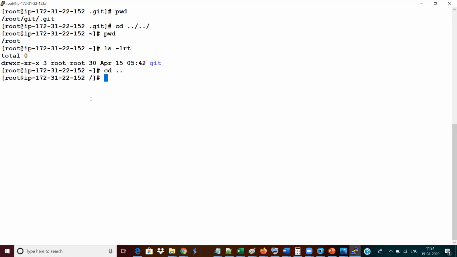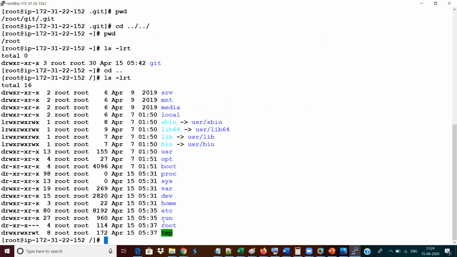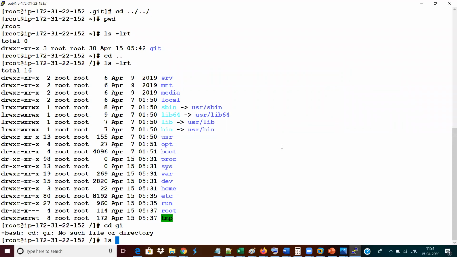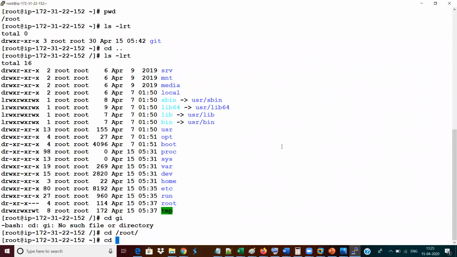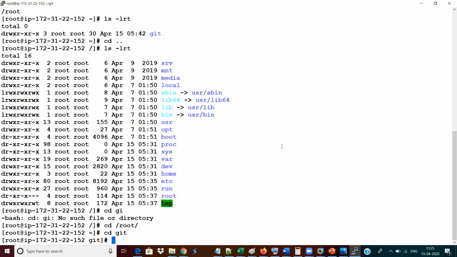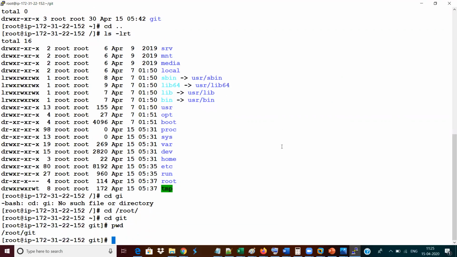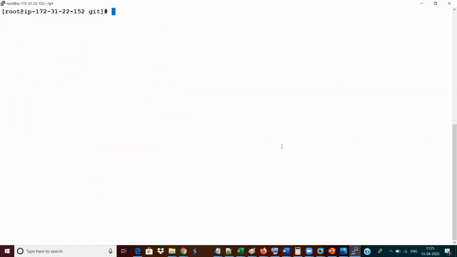Now I have landed in the root. So it would be creating the Git folder here. To avoid all this file confusion, I have created a dedicated folder, so never bother about it. Now let me get into my Git folder. Let me get into the root path, and under that, let me get into Git. Now if you get into Git, you can see the Git folder is available for you. So now I'm done with this, so let me proceed with my next item.